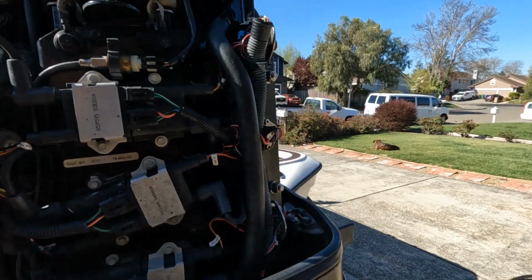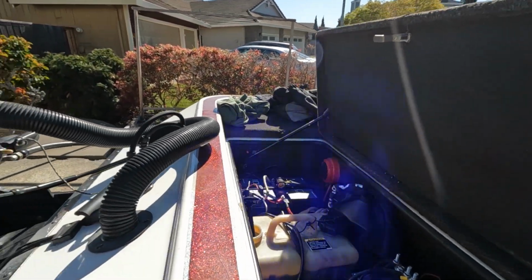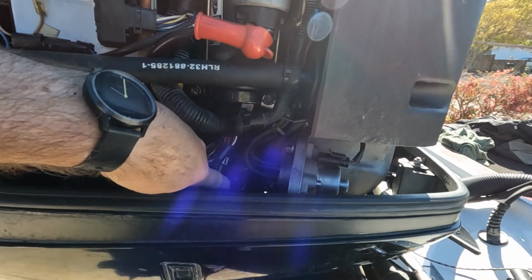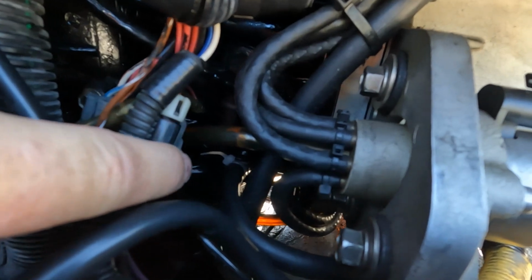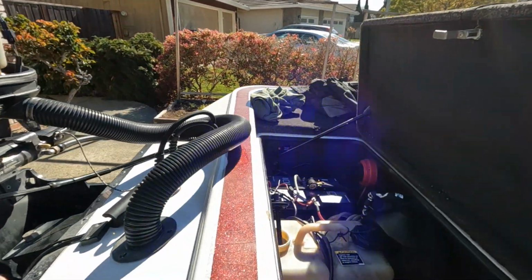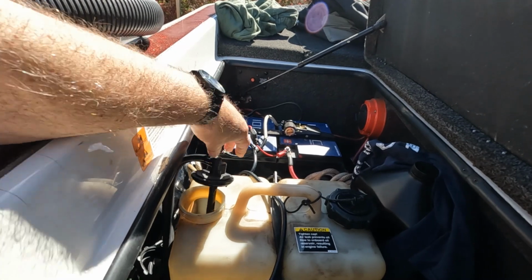So I talked to Garrett about my oil issue, and he recommended that I do a pressure test on the system. You can see the oil tank down there. The way this works is down here, you can see that, zoom in, that white zip tie back underneath there past my finger. That is the air line that comes off the crankcase, and that air line comes down to the oil tank, to the cap here, and that pressurizes this tank, and then it pushes the oil up through this